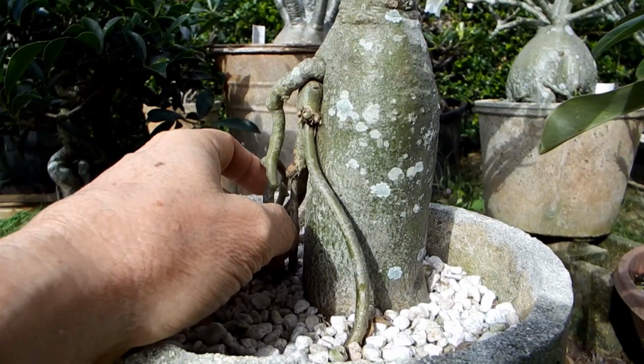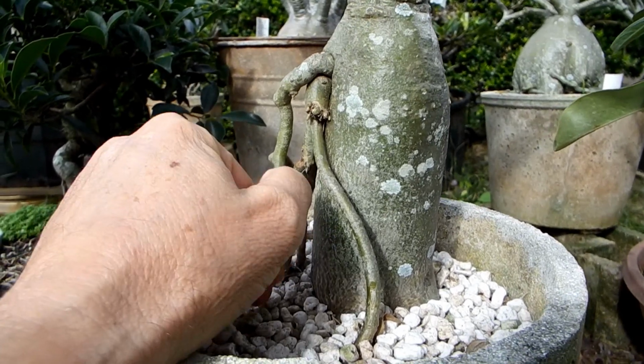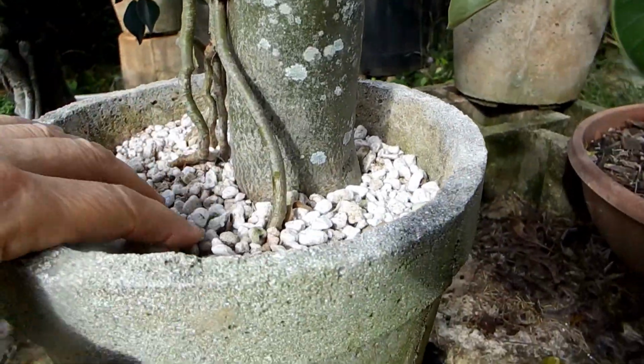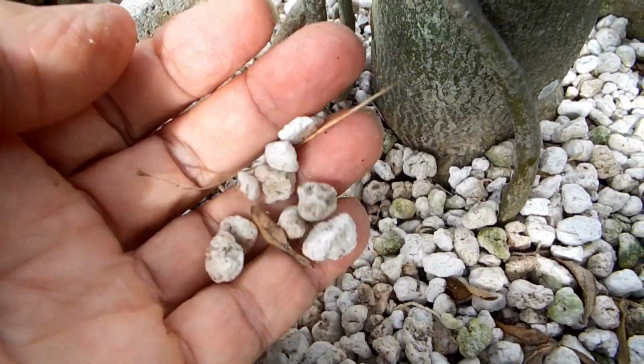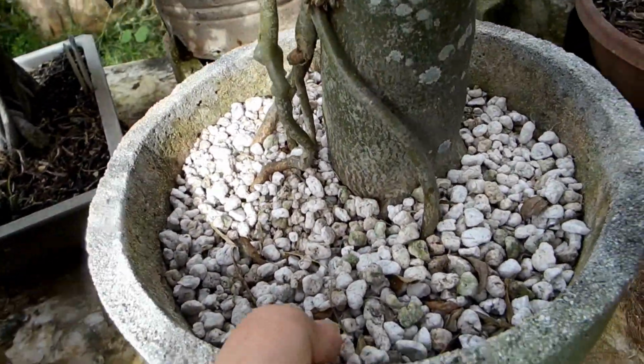And to minimize chance that it'll get a root rot after transplanting and drying the cut, I planted it in big particle perlite, and it worked. Well, anyway,